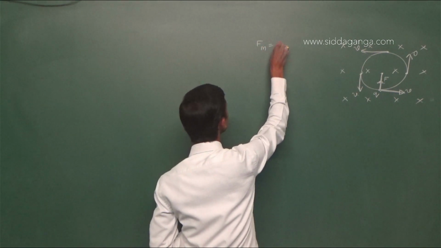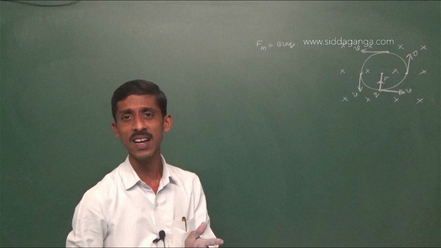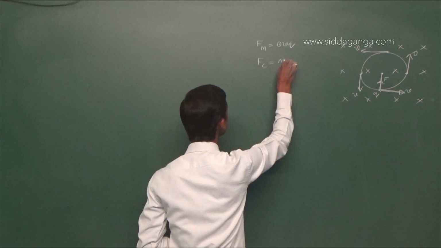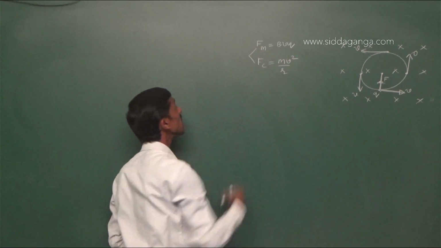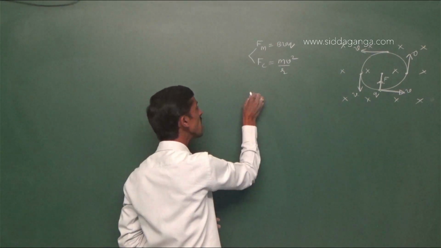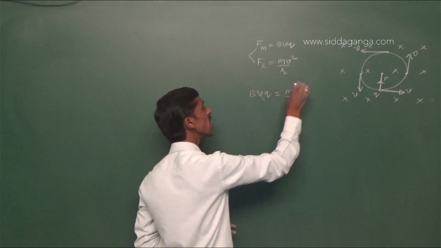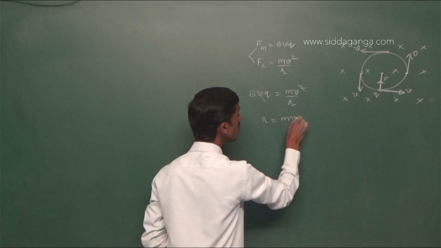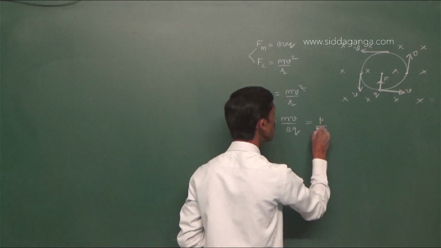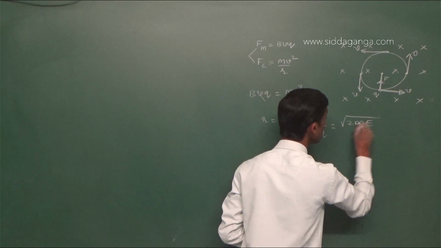Maximum force experienced by the charged particle is BvQ. Force experienced by the charged particle is BvQ sin theta, as theta is 90, magnetic force is BvQ. For circular path, the required force is centripetal force, that is mv squared by r. The required centripetal force is provided by the magnetic Lorentz force. So from these two, BvQ is equal to mv squared by r. So v gets cancelled. r is equal to mv by BQ, the radius of the path in terms of mass and velocity. If momentum is given, p by BQ. Instead of giving mass and velocity, if kinetic energy is given, root 2mE by BQ.